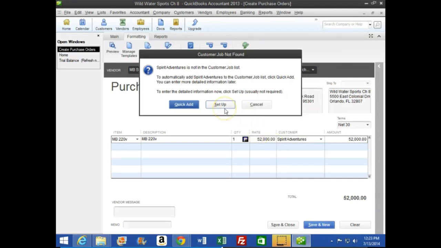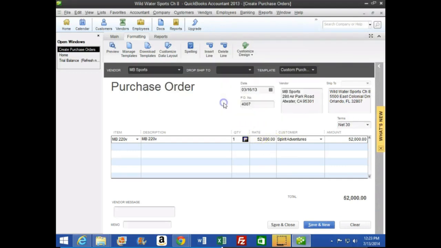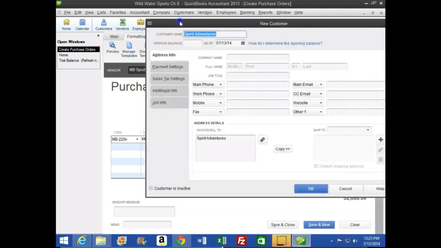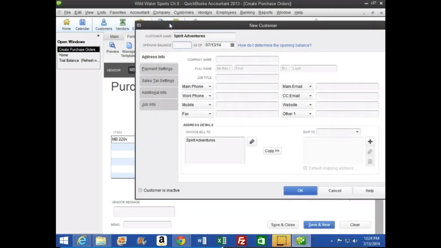We're going to hit the full setup because we're going to put the address of the customer in here. So it is Spirit Adventures. That's who's buying from us. And we then go to MB Sports and order from them. And we could put the date of 03/16/13 here. I'm just going to put the same name here, and then I just want to put the date down here, and that's all we will do with this, which is 500